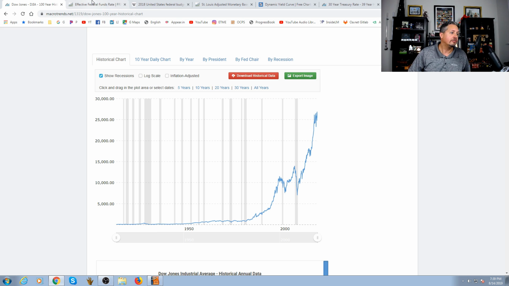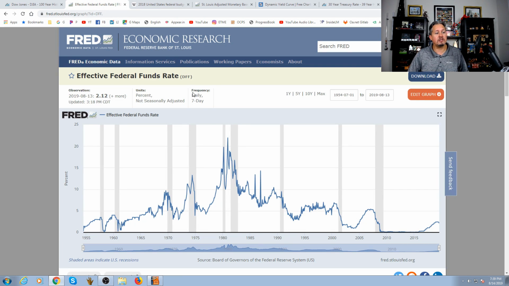Okay. Now the next thing to be clear on is the federal funds rate. I really like this chart. You'll notice there are darker vertical bars here. Every one of those is an actual U.S. economic recession. And what you're seeing on this line is what's called the federal funds rate. I touched on this in one of my earlier videos. In fact, where we were at was somewhere right in here, somewhere right there.